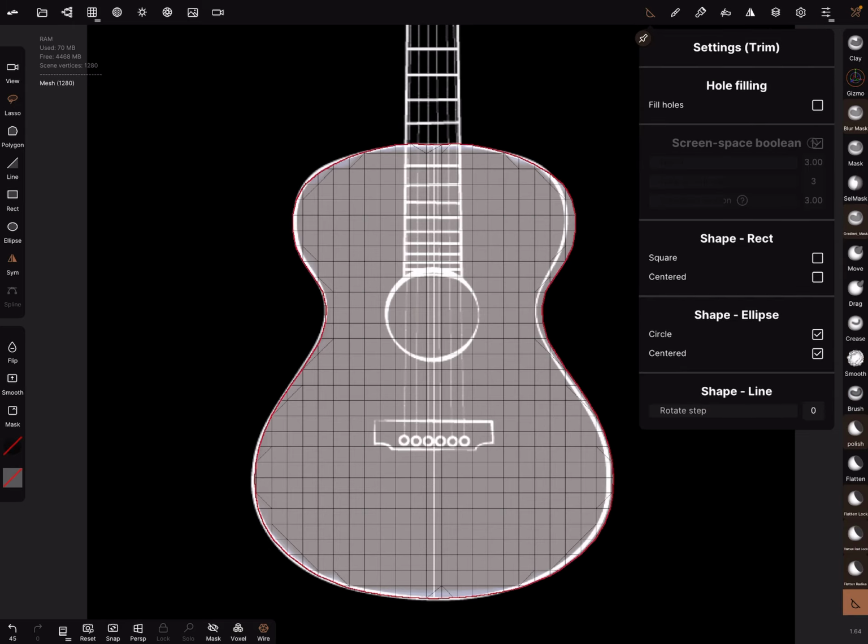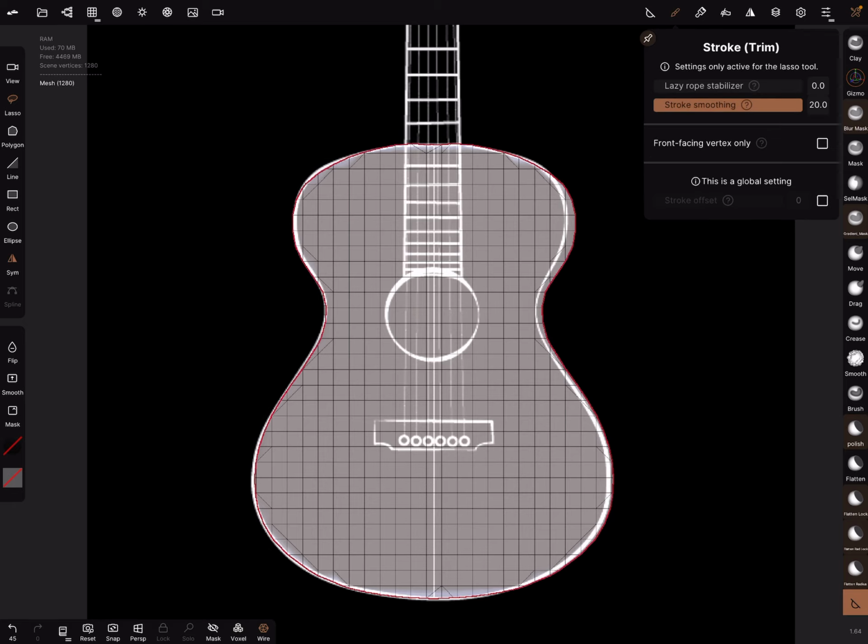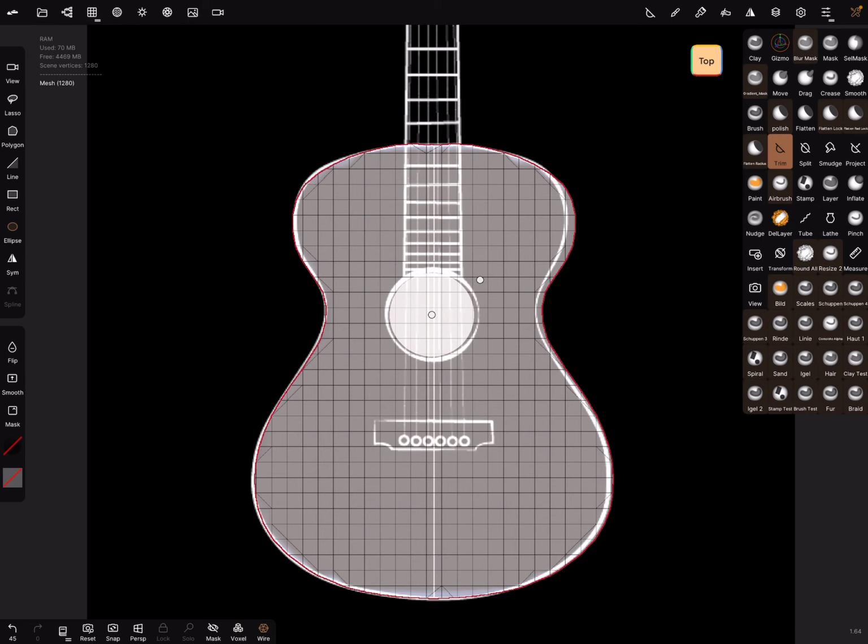Check hole filling is off and front vertex in the stroke is on. Turn off the symmetry and use the ellipse tool. And now find the center point of the circle of the hole of the guitar and trim it. Fine.